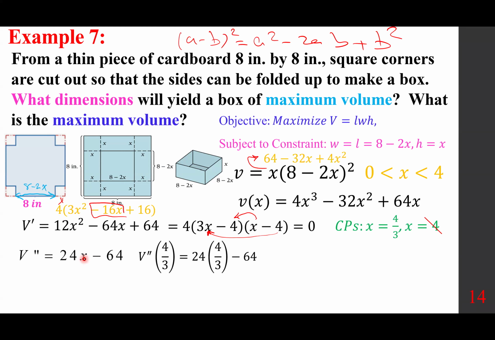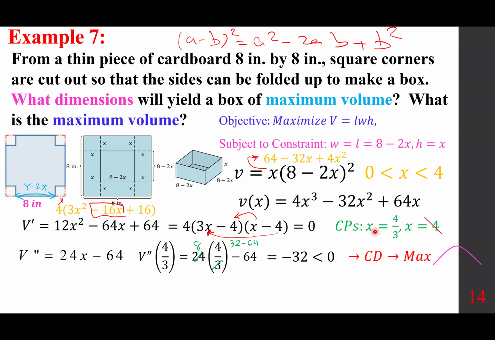We plug in 4/3. 8 times 4, 32. Minus 64 is negative 32. We just want the sign, negative. Negative means concave down, means maximum because it looks like that. So the maximum occurs when you choose x equals